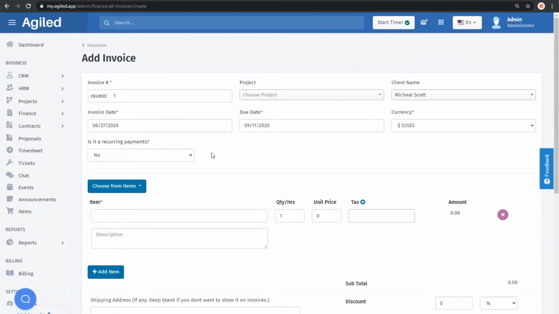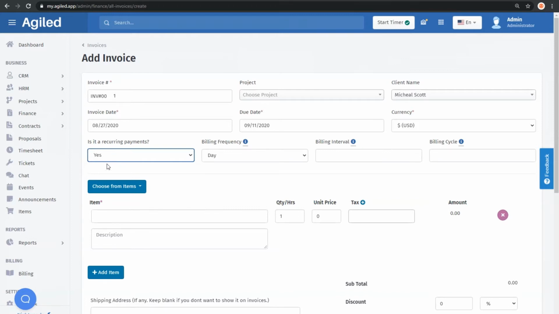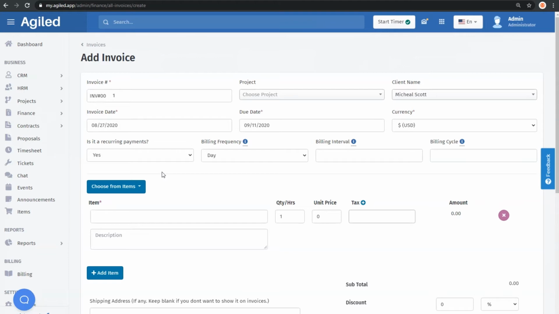If you want to create a recurring invoice, you can choose yes from this recurring invoices drop down. When you are creating a recurring invoice, you have to choose three options: billing frequency, billing interval, and billing cycle. Billing frequency is whether you want to invoice daily, weekly, monthly, or yearly. And billing interval is if you want to create an invoice after 1 or 2 or 3 days,